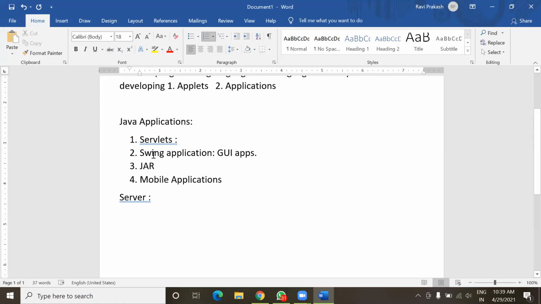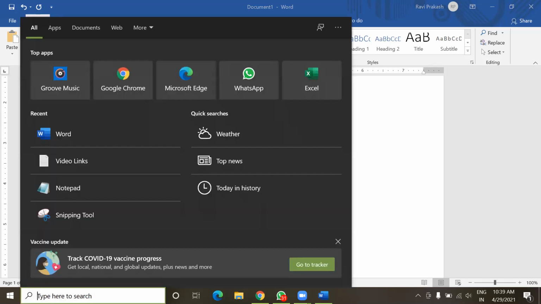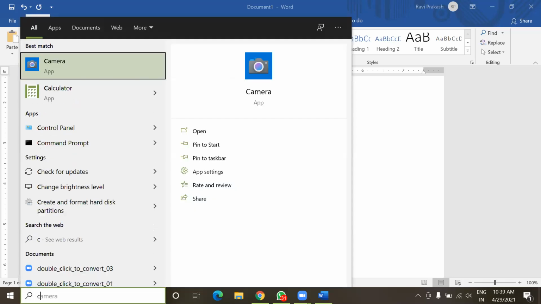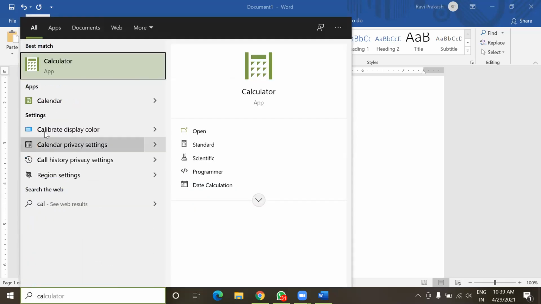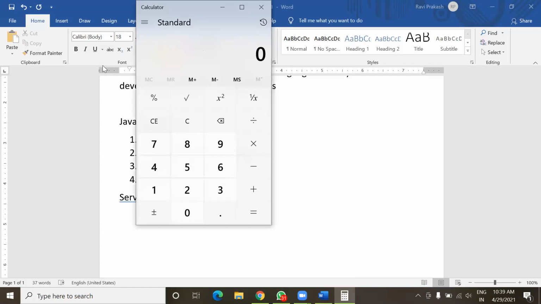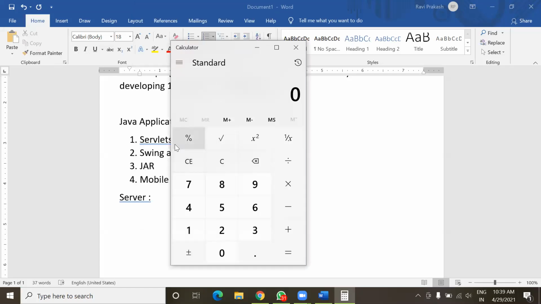So Swing application in Java means simply GUI applications developed using Java programming language. For example, I'll show you an application, calculator. This type of calculator we can easily develop using Swing component in Java programming.